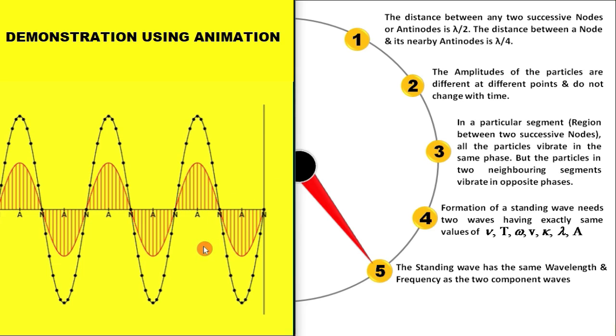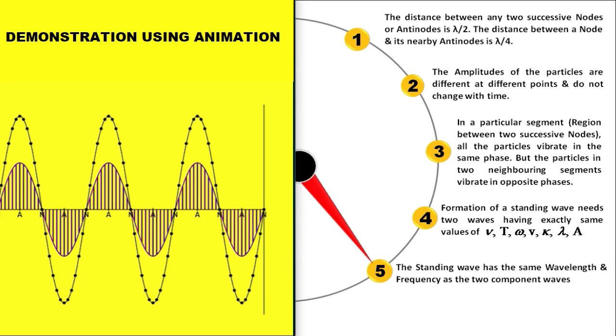See, if I am pausing, you can see here what is the wavelength of this standing wave. See, from here to here. Yes or no? This is the complete wavelength. From here to here, this is the wave. But here you can see also for the incident wave, from here to here. Means you can see in this part, it is completely visible that the wavelength of the standing wave and the wavelength of the incident wave are completely the same.